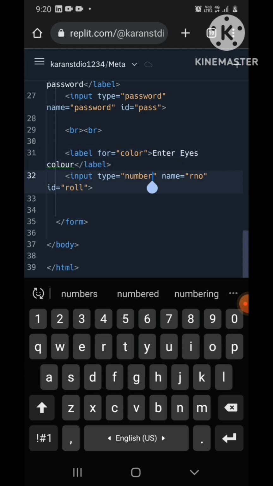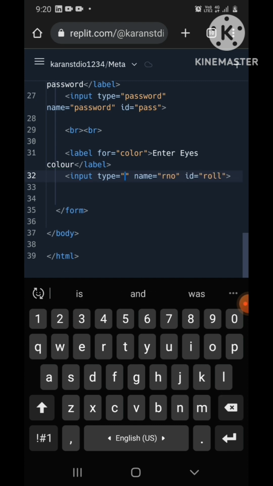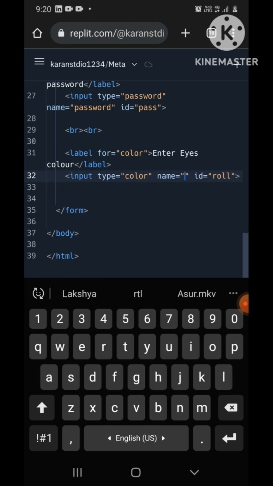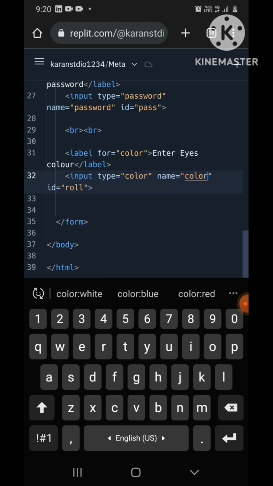And here we will write input type color. Similarly, name color and ID as well color. Now if we run it,